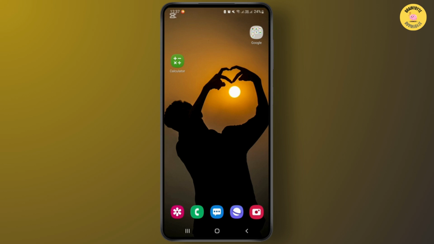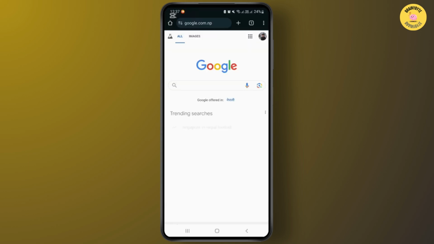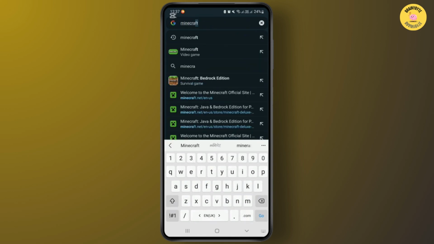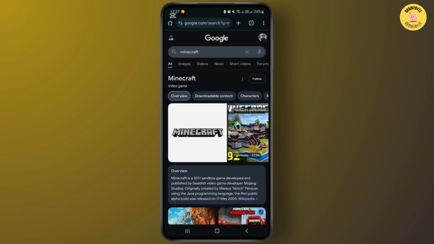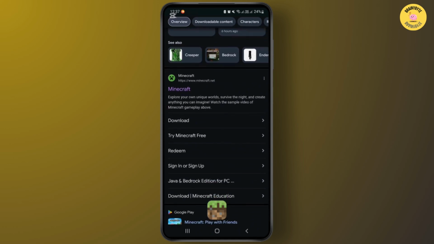So let's get started. In this process, firstly you'll have to open any browser on your device. So I'm opening the Chrome browser. And now after this, you'll have to search in the search field for Minecraft. Okay. And now from here you'll have to scroll down and find the official website of Minecraft. So it will be like minecraft.net. So simply you have to open this website,